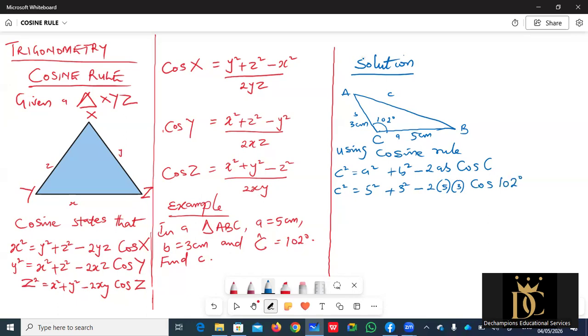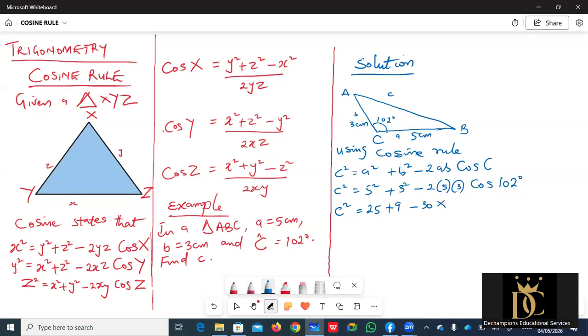That's our angle C. So that gives us C square is equals to 5 square will be 25, plus 3 square will be 9, minus, now 2 times 5. Using your calculator, 2 times 5 will be, sorry, I beg your pardon, 2 times 5 will be 10. Then 10 times 3 will be 30. So that's 30